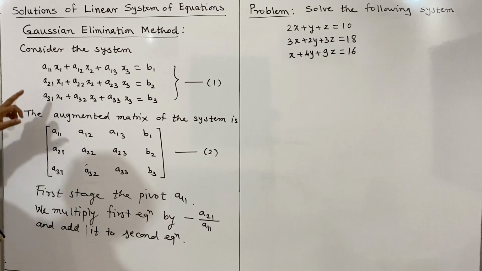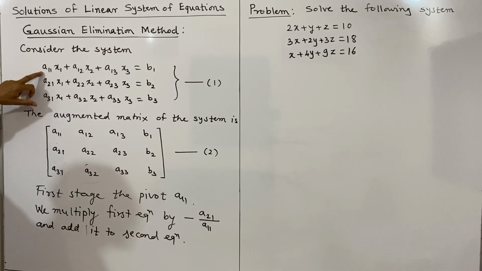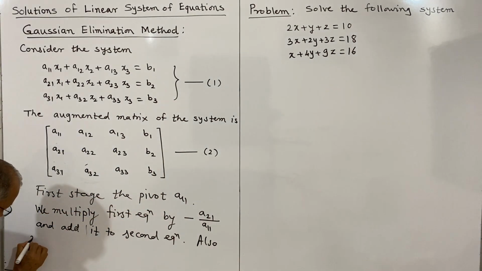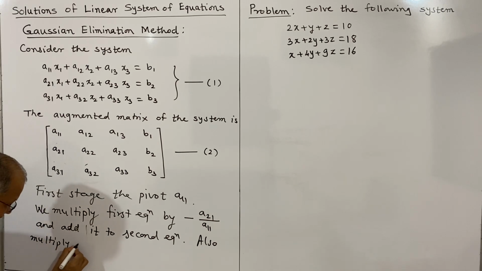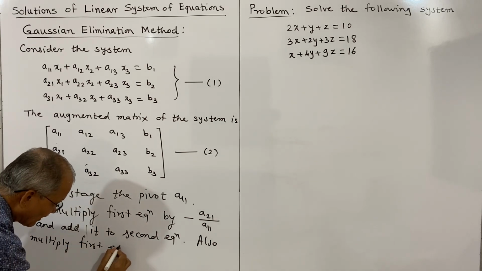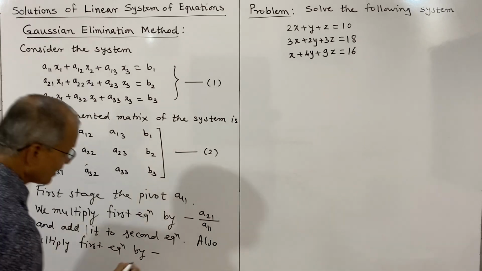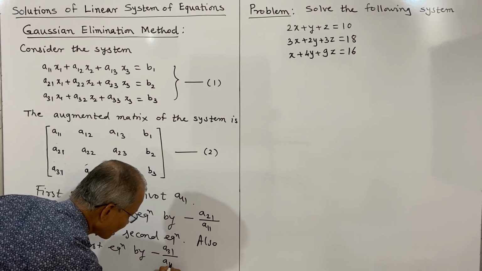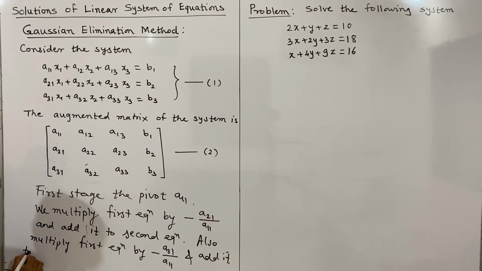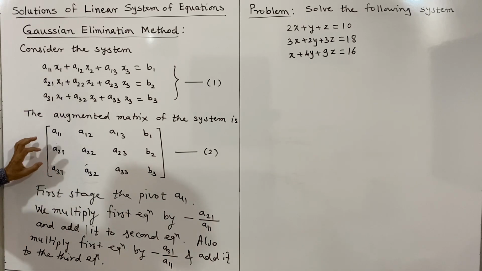Similarly, we multiply the first equation by minus A31 divided by A11, and add it to the third equation. So this is the first stage, and after performing this, these elements will be converted to 0, because